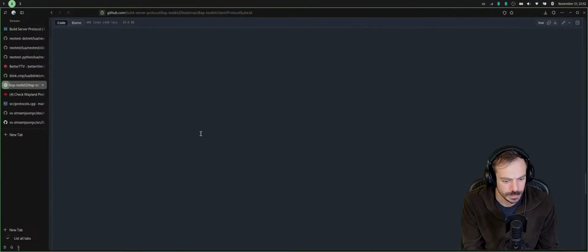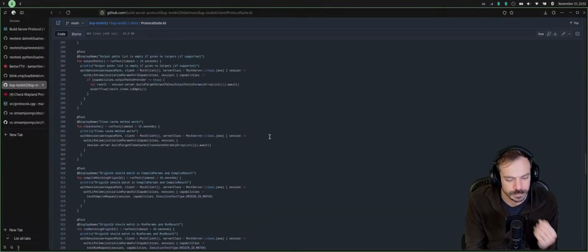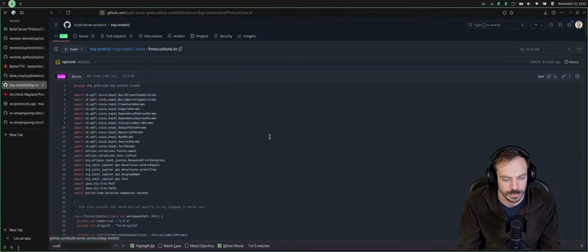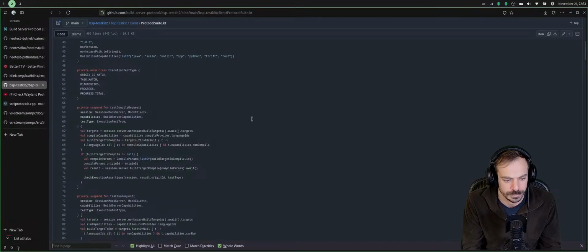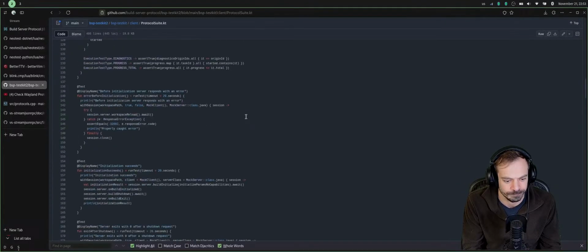But we can also look here up. Updated test suite here in the BSP test kit. Let's look an exit code up. So this is the response error code, response error exception.